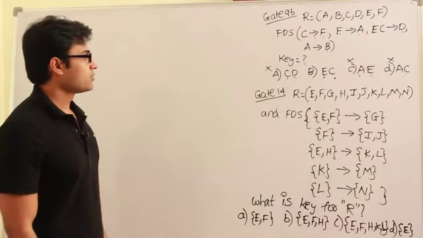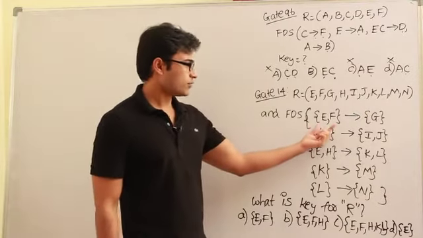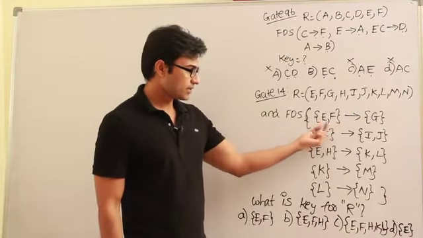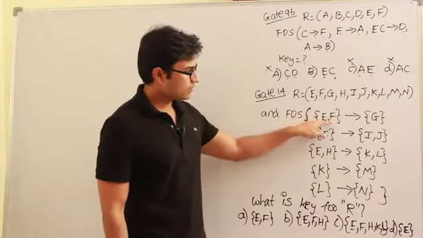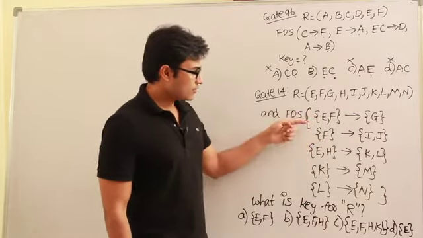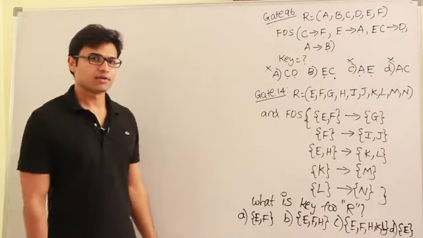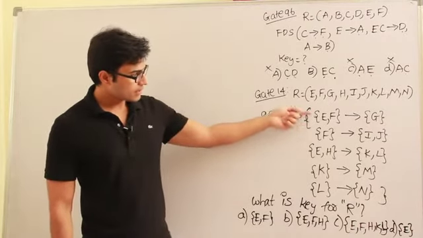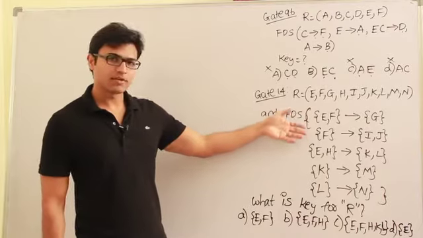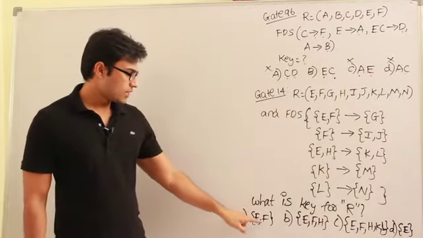Okay. So one thing is they have used a different kind of representation, like they had these curly braces, and within that they have kept some commas. It actually means EF can determine G, right? So I have just taken this question for you to understand the way they have given the question, right? So understand this, it is nothing but one other way of giving the FDs, and moreover they are saying that the key is E comma F.